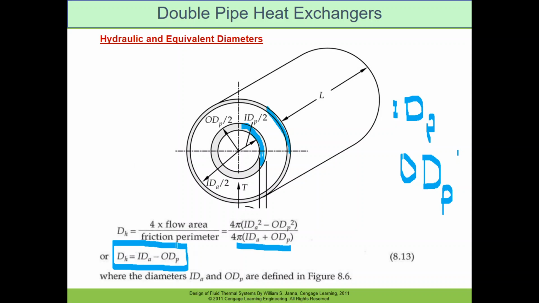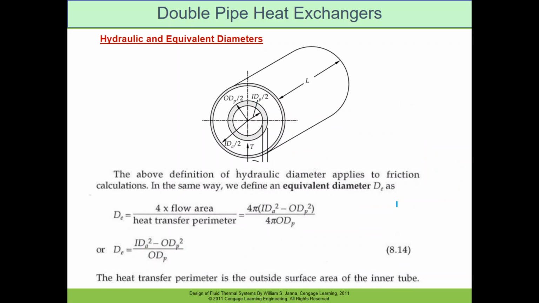And remember that this is for friction. This is based on the friction perimeter. Now for the heat transfer calculation, what is the perimeter that is subjected to heat transfer? When it comes to heat transfer, only this surface is subjected to the heat transfer,